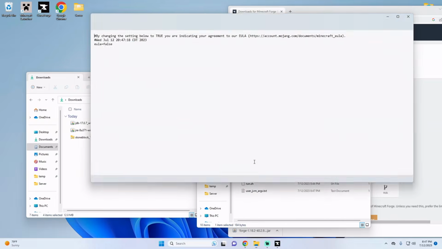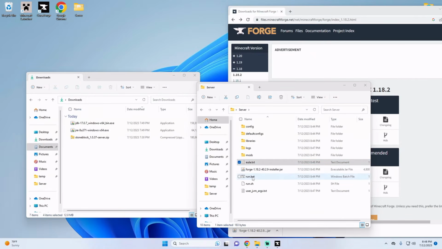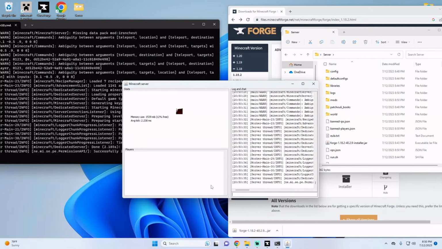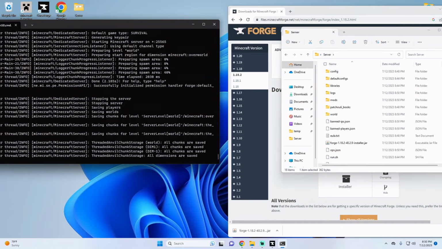Now, we can go to EULA and change this value to true. And file, save. Now, all we have to do is double click run.bat again. Now that the server is loaded, I'm actually going to come into the console and type stop. This will stop the server